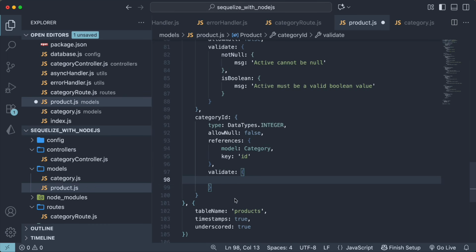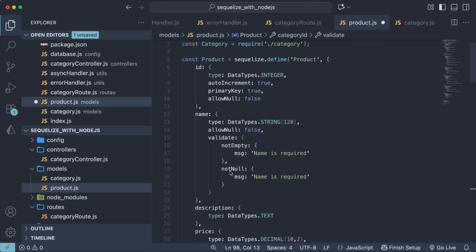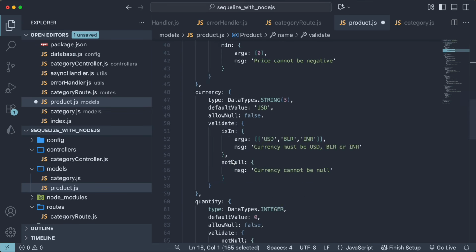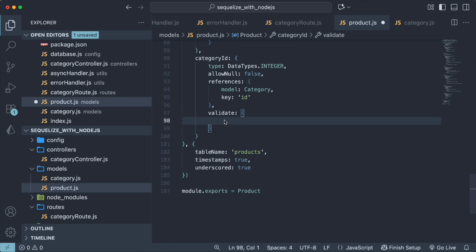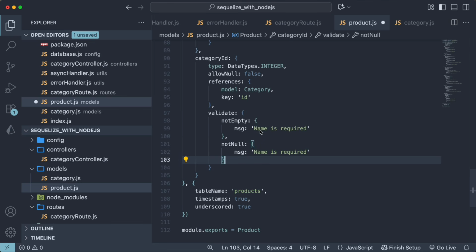So here we can set the notEmpty and the notNull validations. So let me copy here from the name validation and paste inside the categoryId. So instead of the name, we replace it with categoryId, and here as well, category ID is required. Okay, let's leave just these validations for now, but we might add other validations here when we start testing. Great, so the product model is complete for now,